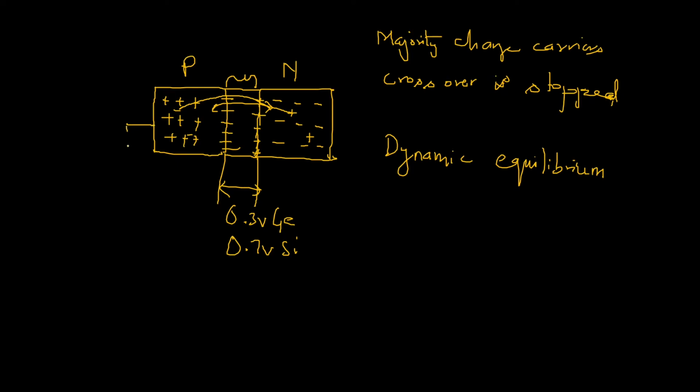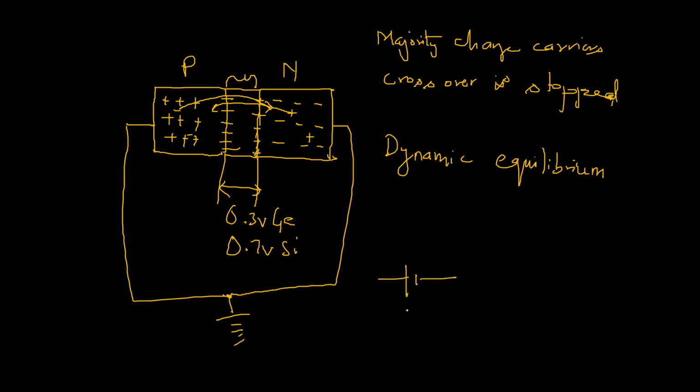If you connect this to ground, this is connected to ground, so it is zero potential. Even if there was a voltage, it will be 0 volt. So it is connected to ground, so it is in a state of PN junction only, where the potential barrier is playing a role and the majority charge carriers are not crossing over. There is no crossover movement of majority charge carriers.